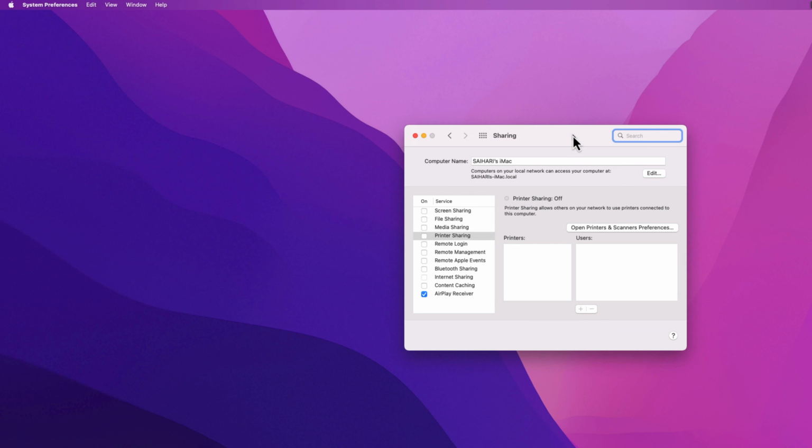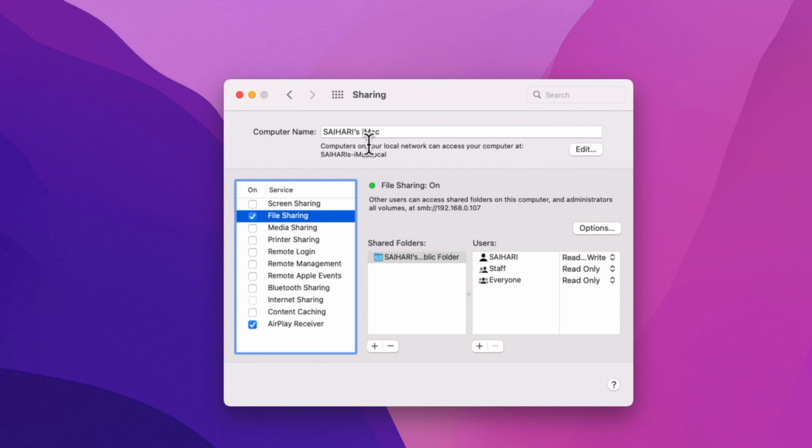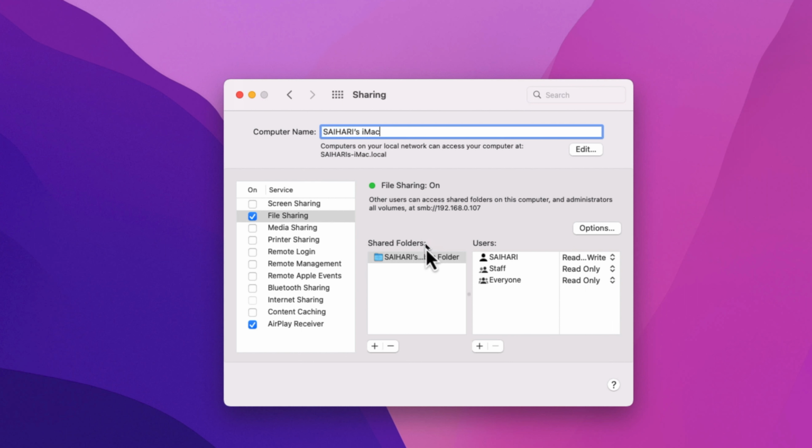You have to enable the File Sharing option from the options given on the left-hand side. Once you enable file sharing, you will get a local address of your Mac computer. So you have to note down this address, 192 something something. It will be different for your computer. Here, on this Shared Folders option,